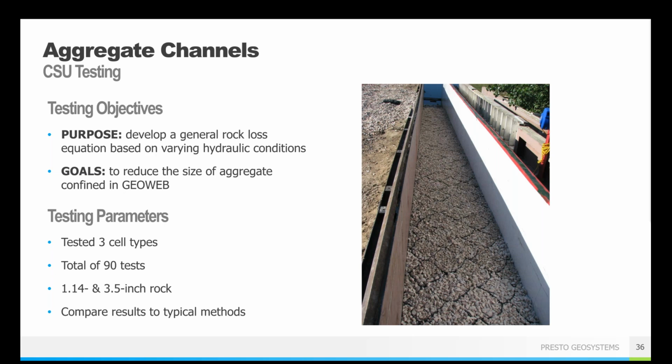And so this idea was to determine what rock size can you use in the GeoWeb panels to achieve the withstanding velocity that you need to. And so the idea is you want to reduce it from your large riprap boulders down to a crushed aggregate that is going to be much more accessible. And so the idea is to say, what is the allowable velocity that will not wash out a single stone rather than washing out the whole thing together?